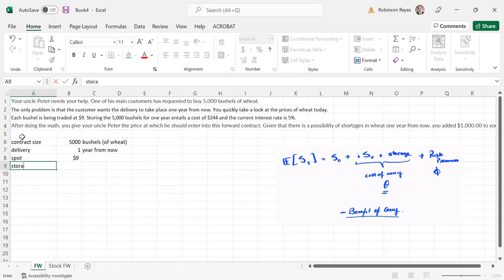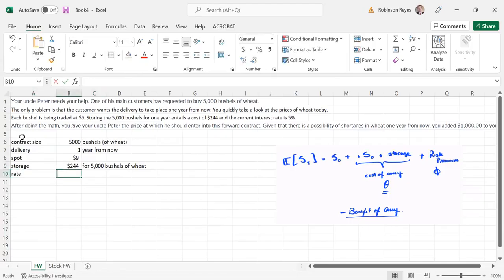So storage, let's say it's 244, but for 5,000 bushels of wheat, right? And then the interest rate is 5%. So the moment we have this, we already have all the values we need to get the price